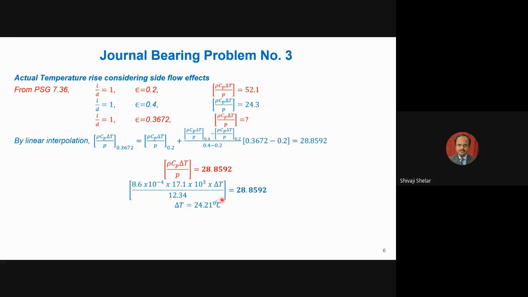Whenever you do the calculation for a journal bearing, if your delta T is coming greater than 50 degrees Celsius, please change the lubricant oil or change certain parameters so that your delta T falls below 50 degrees Celsius. So 50, or maximum 60 degrees Celsius; delta T is not allowed above 60 degrees Celsius. Anything going above 50 degrees Celsius means we are not selecting the proper oil and we are not designing the journal bearing properly. So this is regarding selection and design of journal bearing.